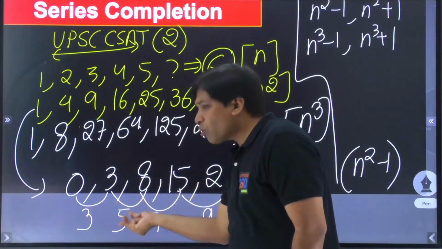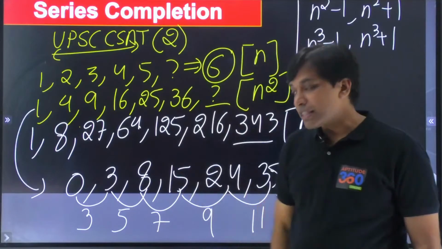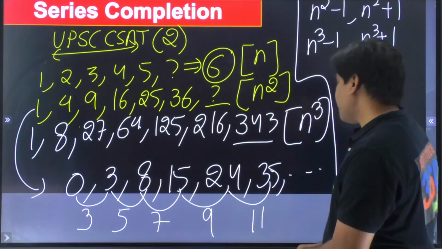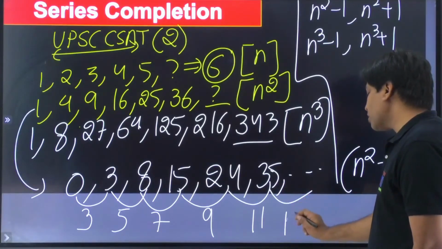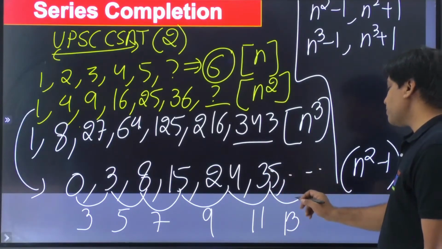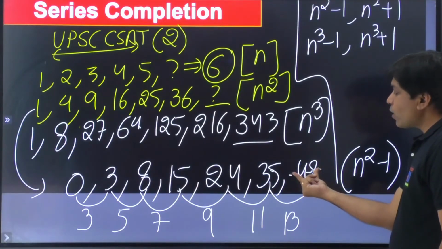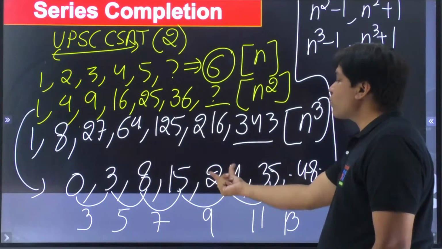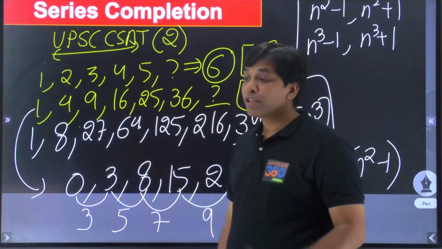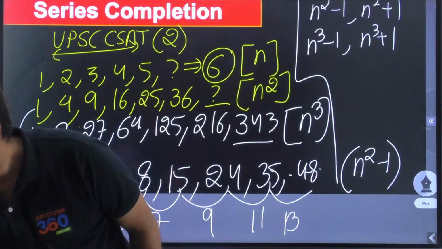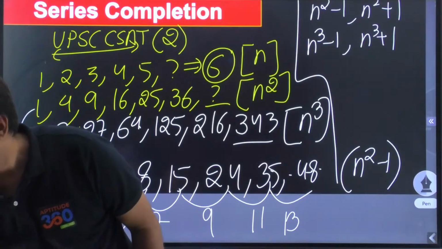What is this difference? This difference is nothing but arithmetic progression, isn't it? So if you have to find out the next term, what will you add? 13, and this plus 13 is going to be 48. So this is 7 square minus 1, 6 square minus 1, 5 square minus 1, and so forth. So that is one thing that can be asked, right?